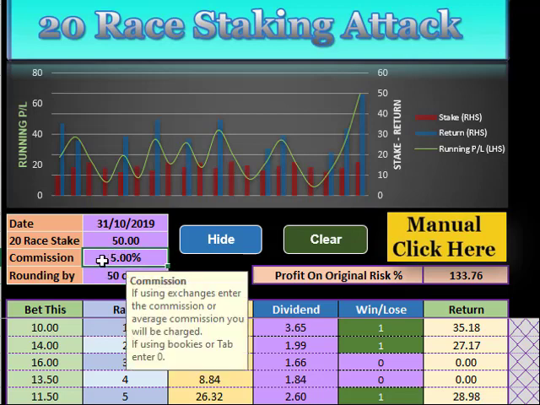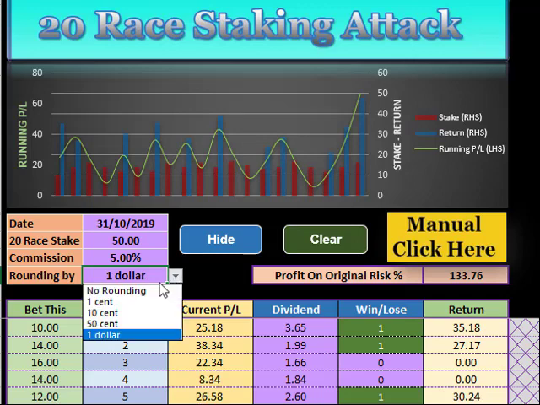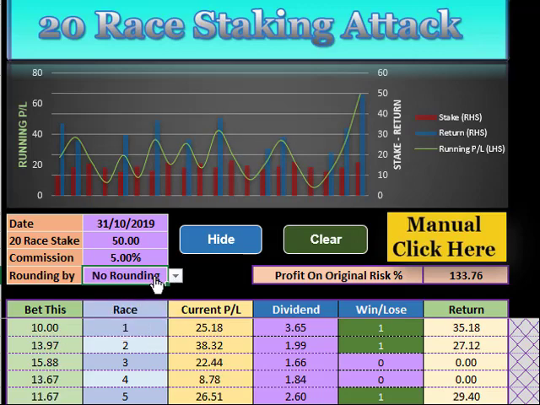If you're using Betfair, there's the commissions you can put in, or if you're using bookies or tabs, you put 0. And rounding, if you're betting with Betfair, you can just have 1 cent or no rounding. If you're using a bookie, which may say that you've got to bet in 50 cent or 50p or $1 or £1, then that's when you would use the roundings like that. No rounding if we're using Betfair. Okay, so